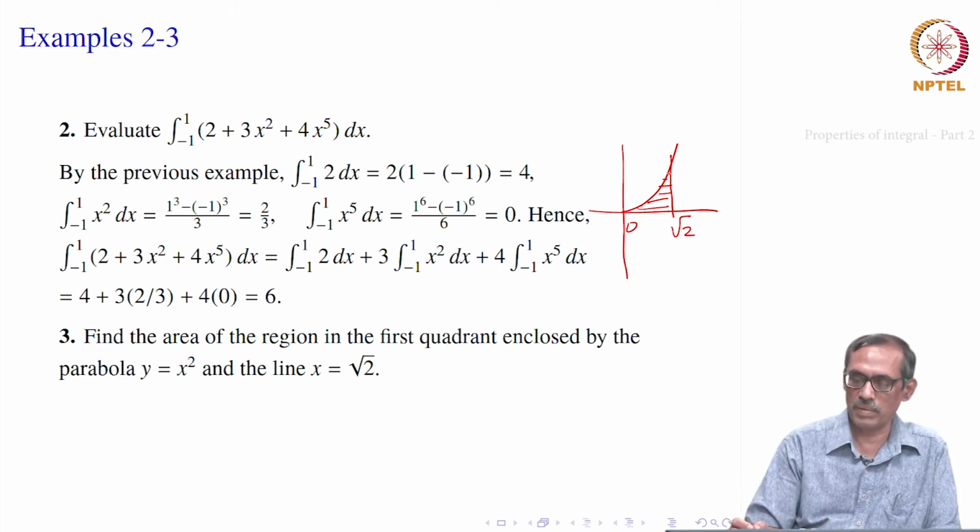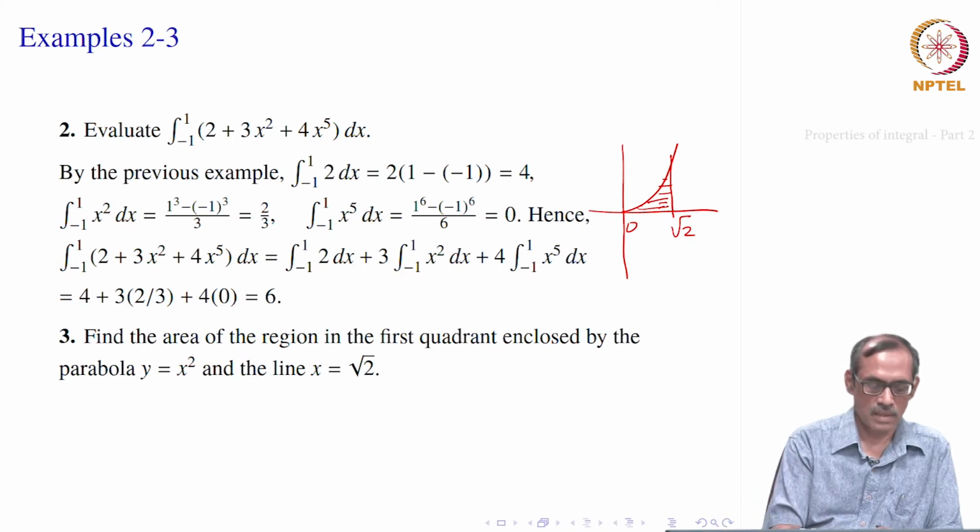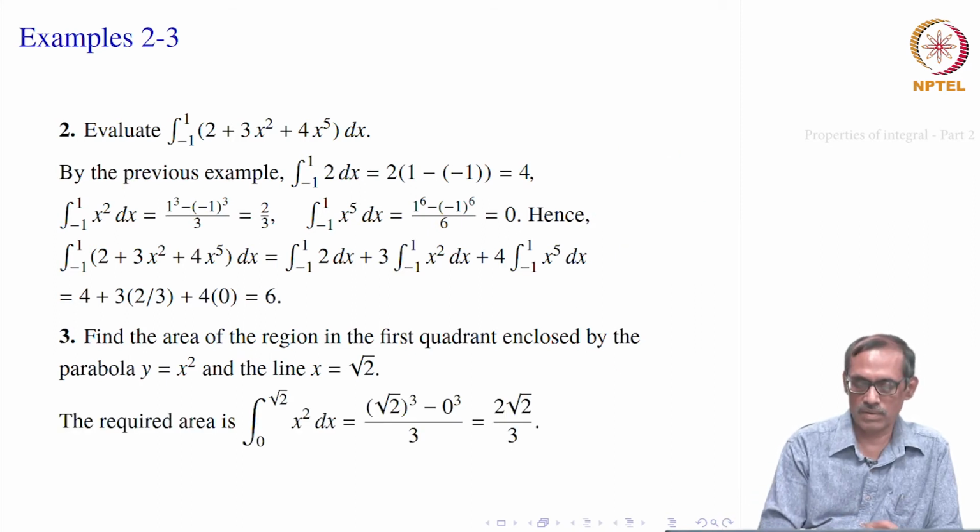So, this area will be equal to the integral, we know the integral, right, and then we can find out. So, it is the integral from 0 to root 2 of x square dx, and it is the curve bounded by this. So, 0 to root 2 x square dx. Now, we know how to integrate x square, it is just x cubed evaluated at root 2 and 0. So, root 2 to the power 3 minus 0 to the power 3 divided by 3, that is 2 root 2 by 3.